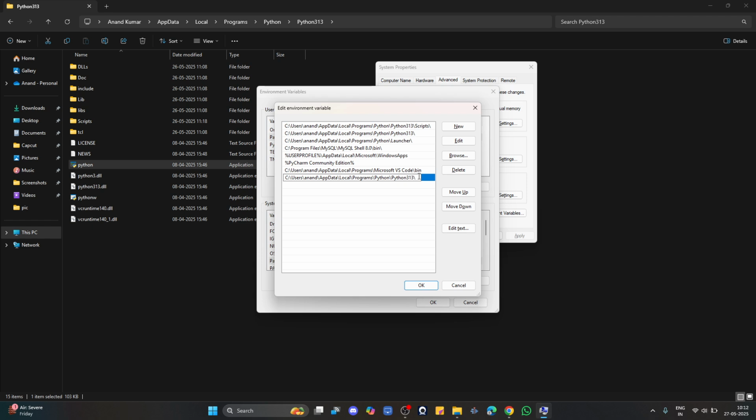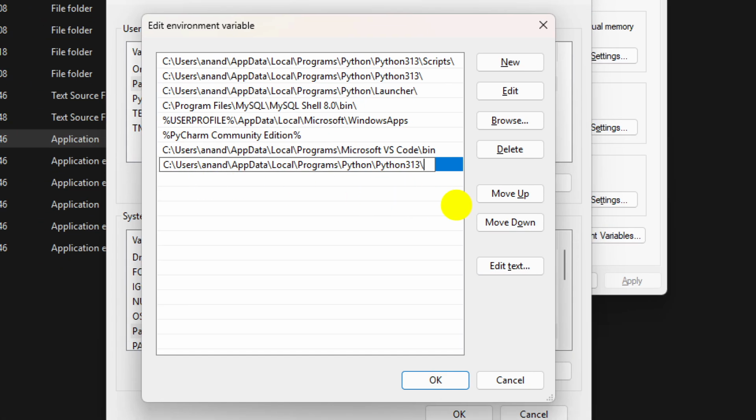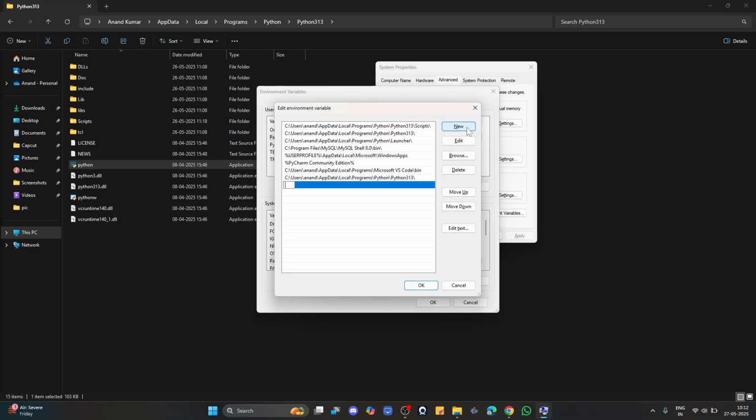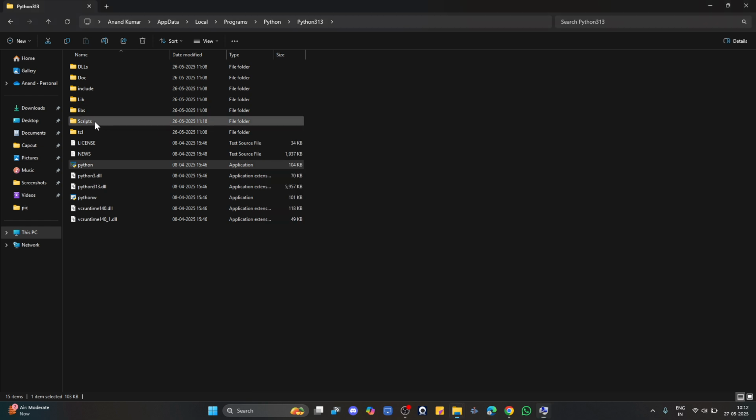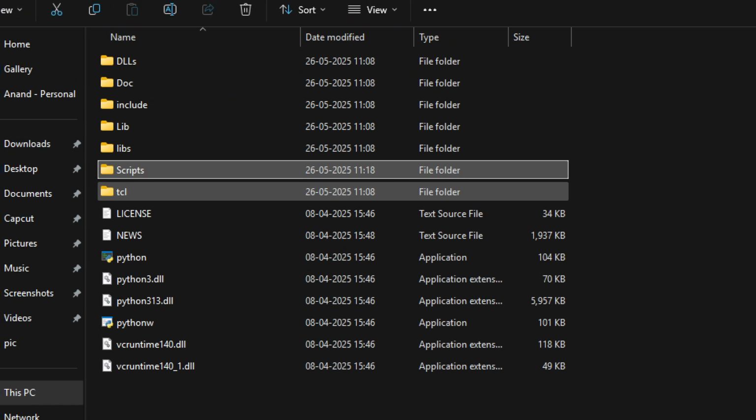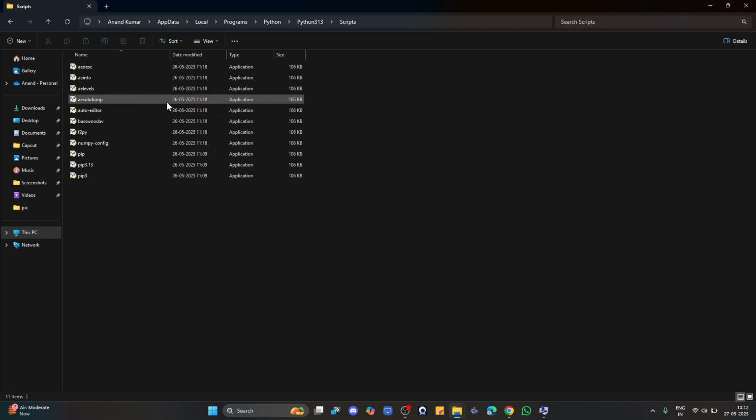And also once you add this path, you have to add the Scripts path as well. You can add one more path with Scripts, because you have to just copy this. As you can see there is a Scripts folder in this Python folder, where pip is actually installed. So you have to add this directory as well if you want to use pip on Python. So just copy the